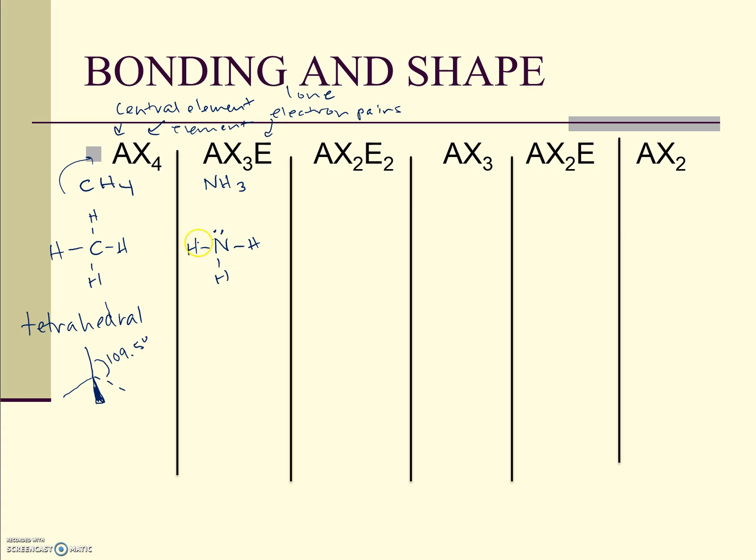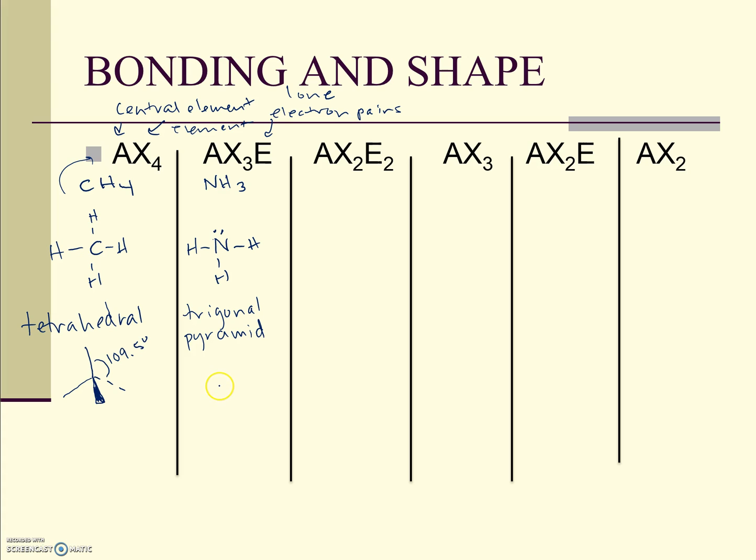N is my A, H, those are my X's, there's 3 of them, and then a pair of electrons. We don't see electrons, but they still take up the space. So for example, it's like having this prong here taking up space, but it's unable to be seen. We call this shape trigonal pyramid,